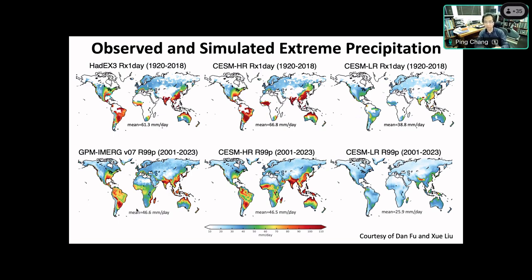But I think the point we're trying to make is that even at this resolution, we start getting something that looks more realistic, more similar to the observations. And perhaps this kind of resolution model can increase our confidence in projecting into the future how extreme precipitation can change. Yes, but I like your result about the jets. I loved your whole presentation, but the fact that at low resolution we end up with basically fronts and jets doing most of the precipitation, that is beautiful.